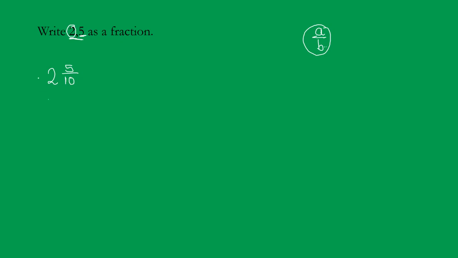So this is the same as 2, and then we can reduce 5 over 10 to its simplest form, which is 1 over 2. We can even change it to an improper fraction. 2 times 2 is 4. 4 plus 1 is 5. So this is 5 over 2. Right, and then